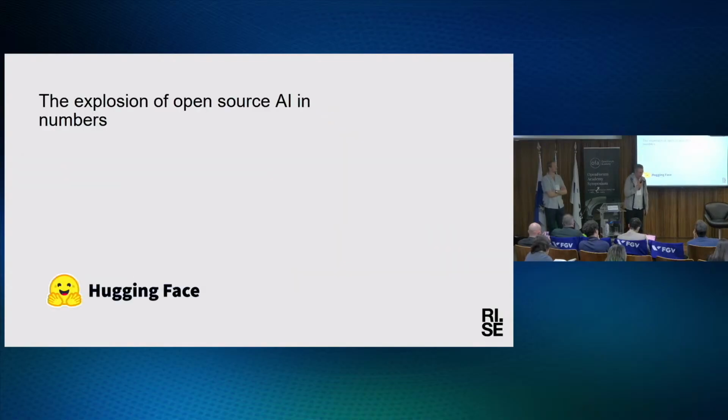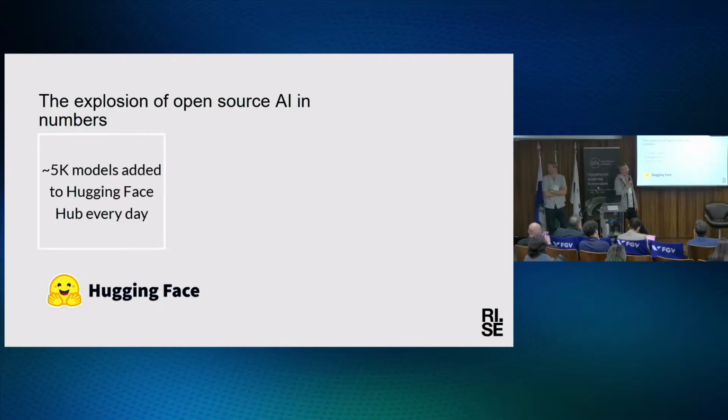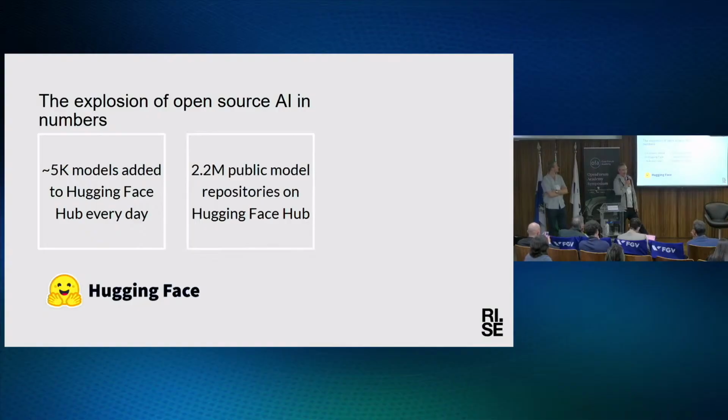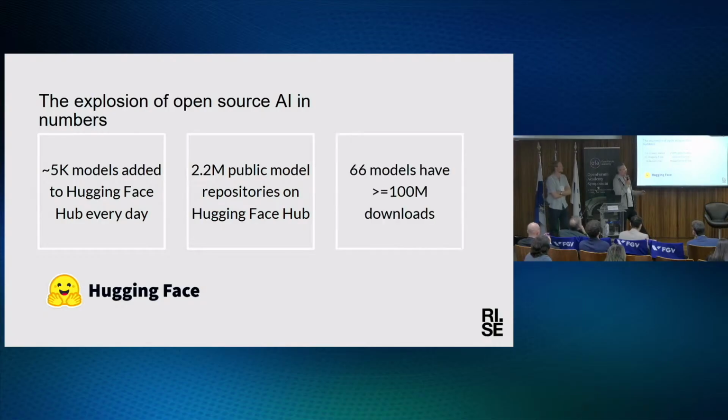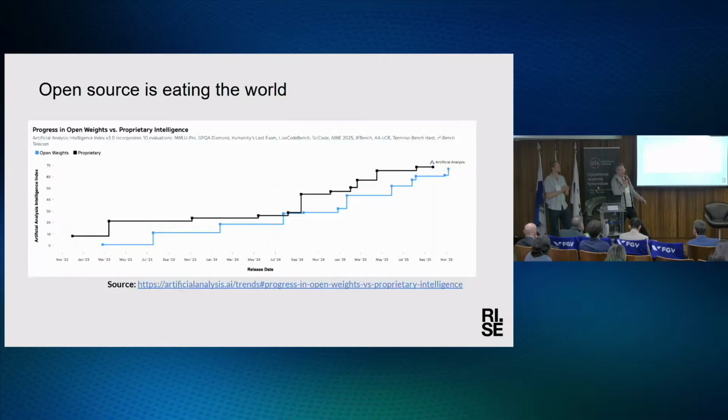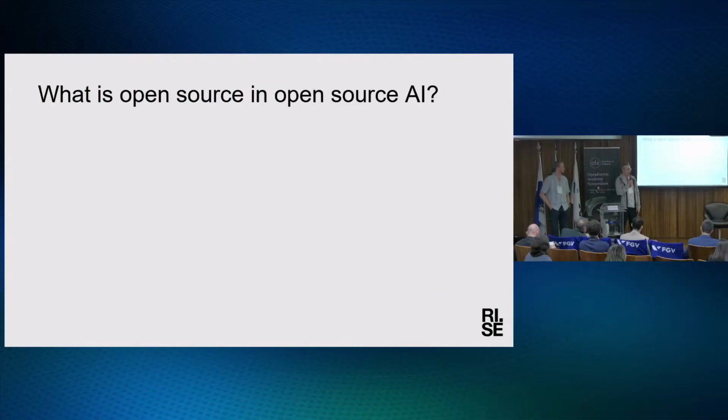And just for some background, I think you all know that the models are exploding, being added day by day. Hugging Face is the platform now, just as GitHub is for open source software. And there are a number of models that are really exploding and forming the foundation for the future ecosystems of open source AI. So it's really expanding, and open source weights or open source AI models, however we define it, the open models are keeping pace and catching up.